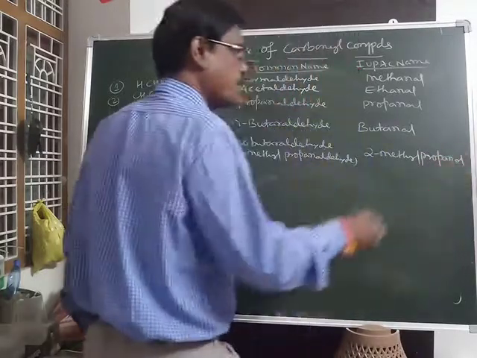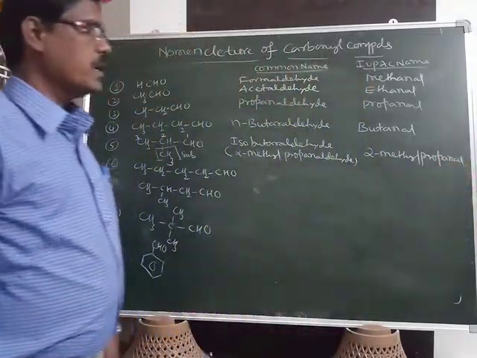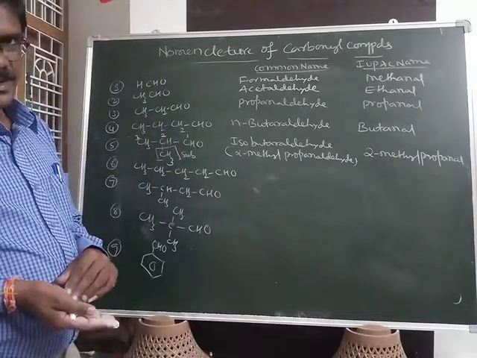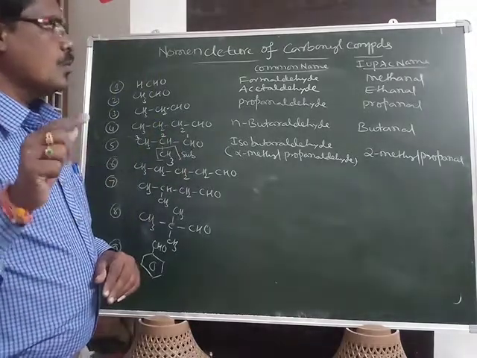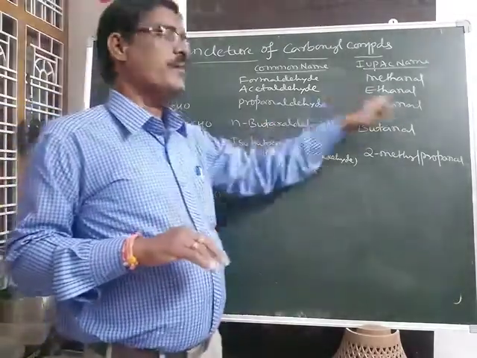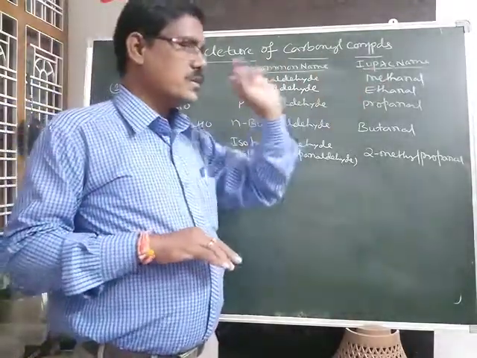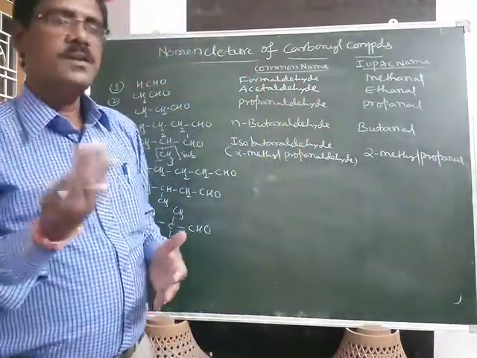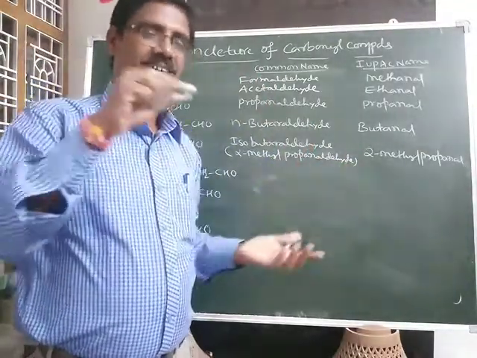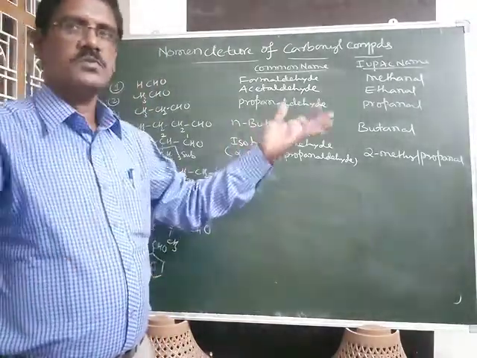So this is the propanol and the propanal. If you make a mistake, the whole name totally changes. "-ol" is given to the alcohol and "-al" is given to the aldehyde. This is very important information. The pronunciation has some difficulty: alcohol "-ol", aldehyde "-al". There is just a small difference.